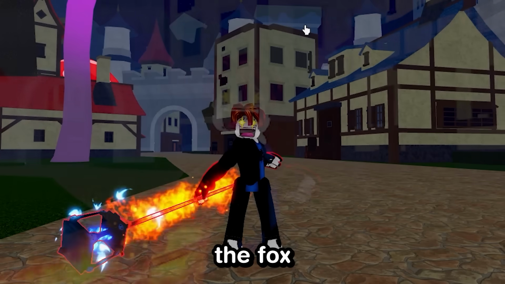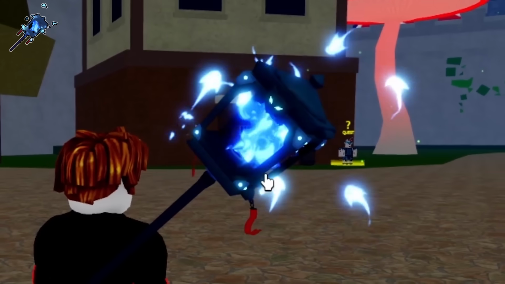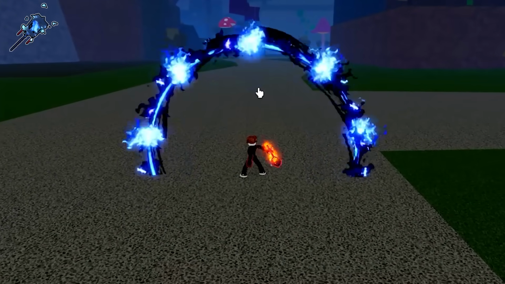Next, we have got the Fox Lamp. Visuals of this sword, one of the best. It's a lamp that's like pulling in souls or something. Now, for visuals of the attacks, we've got the Z move, which just...